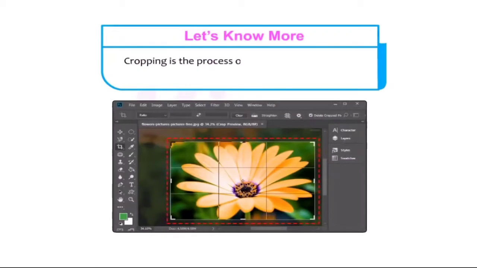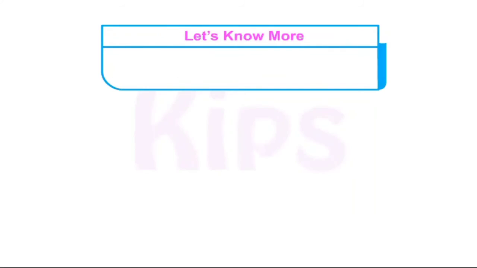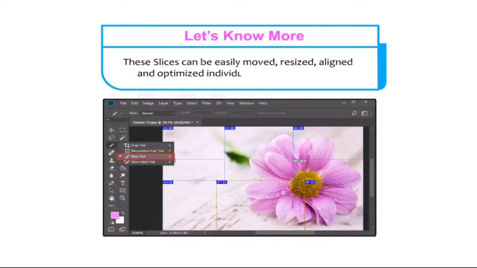Students, let's know more. Cropping is the process of removing portions of a photo to create focus or strengthen the composition. The Slice tool is used to divide an image into multiple rectangular sections called slices. These slices can be easily moved, resized, aligned and optimized individually as separate files.